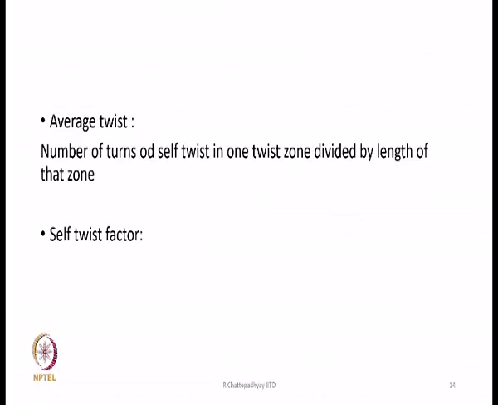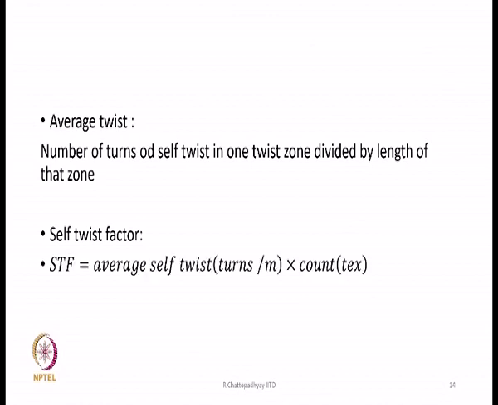The average twist is the number of turns of self twist in one twist zone divided by the length of that zone. So, twist calculation we all know how to do. And the self twist factor is average self twist turns per meter into count tex. So, this is basically a tex twist factor which you will get,